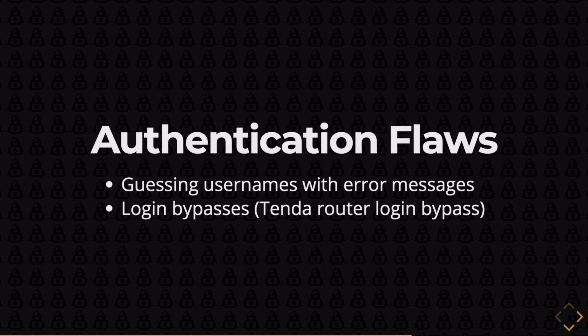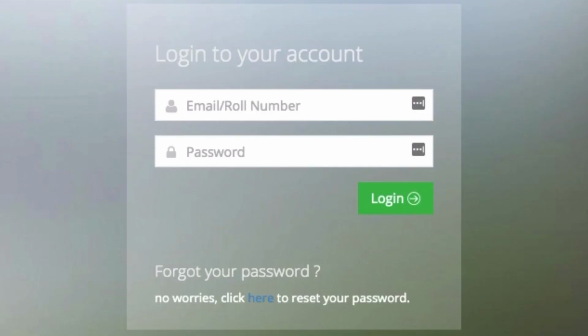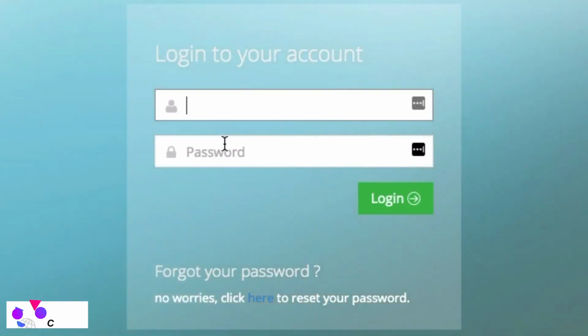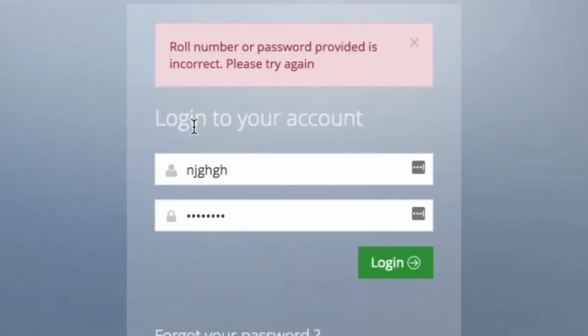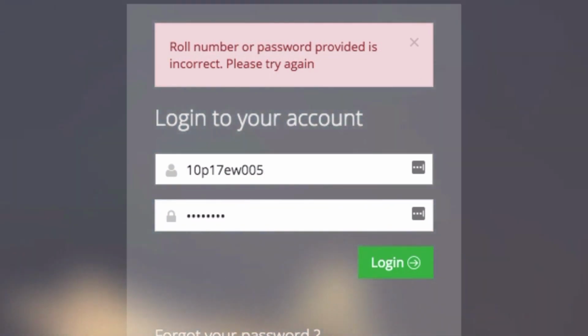But for now, I want to show you this guessing usernames with error messages thing. So yeah, I won't get into how or why this works, but I have the site. It's kind of like a service I used to have before, but what these guys do is, for example, if I enter anything, you're going to see that they say roll number or password provided is incorrect, please try again. But what happens if I enter a correct roll number